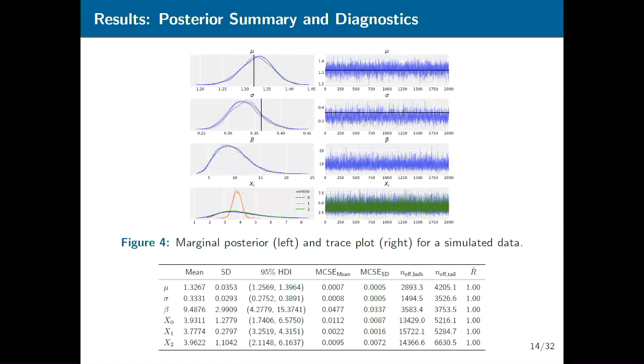There are a few things that you probably should do to make sure that your MCMC ran correctly. The first one, if you're not sure what you should be looking for, your trace plot here should look like white noise. Hopefully not because you ran things for a million iterations. You want your effective sample size, which is in these columns here, to be as high as possible, and your R hat to be close to 1. And all of them look great over here, as expected, otherwise I wouldn't be showing them.